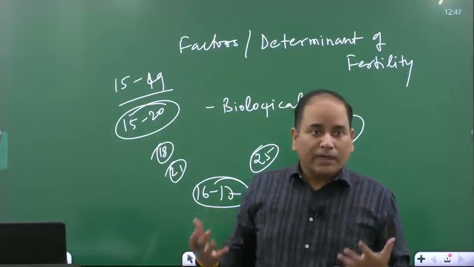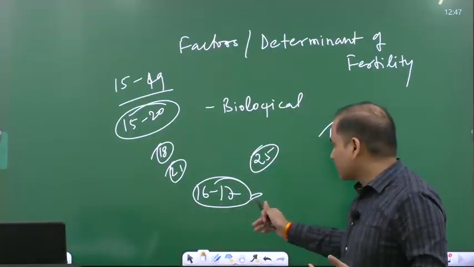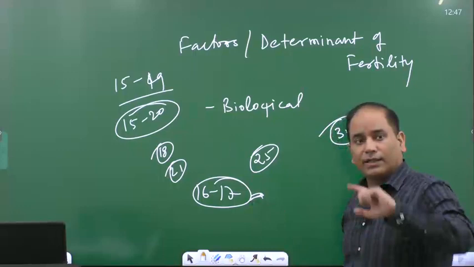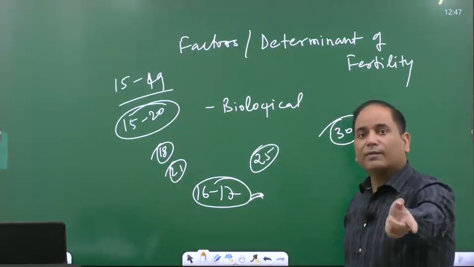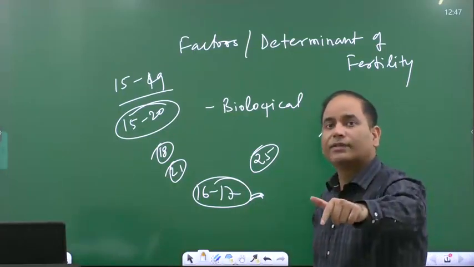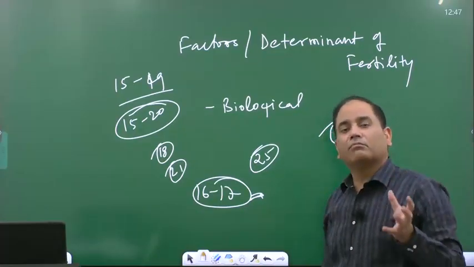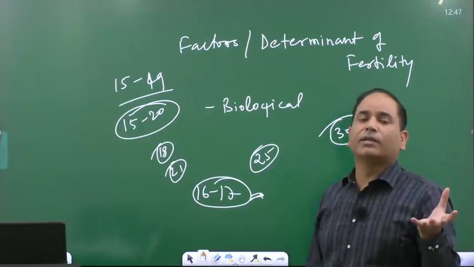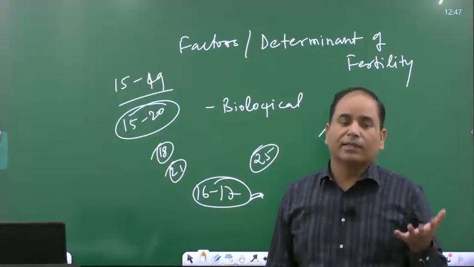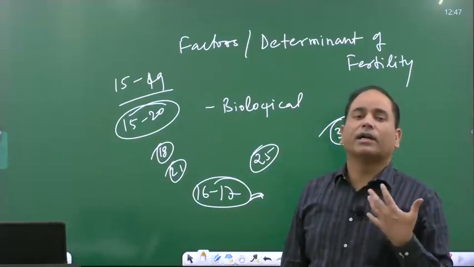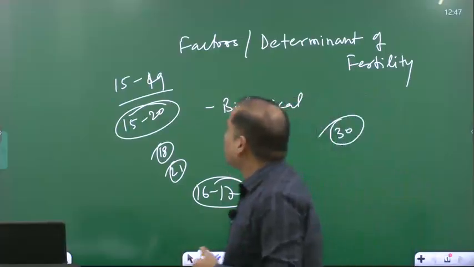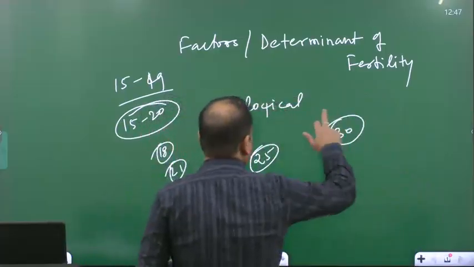So if they bear children at the age of 16, 17, first their health will get affected, and more importantly the health of the child. The child that will be born will quite possibly be malnourished, and its overall health will not be that good. So the biological factor happens to be one of the important factors